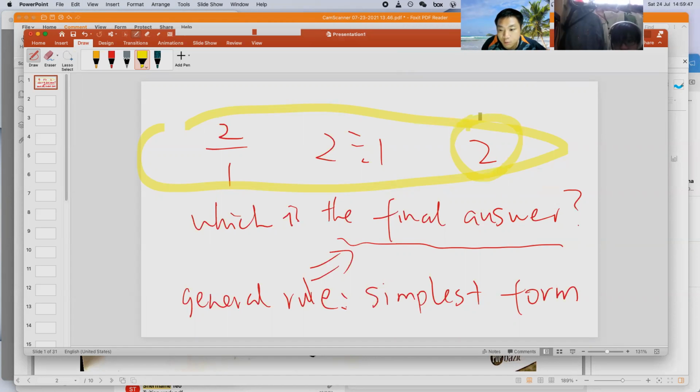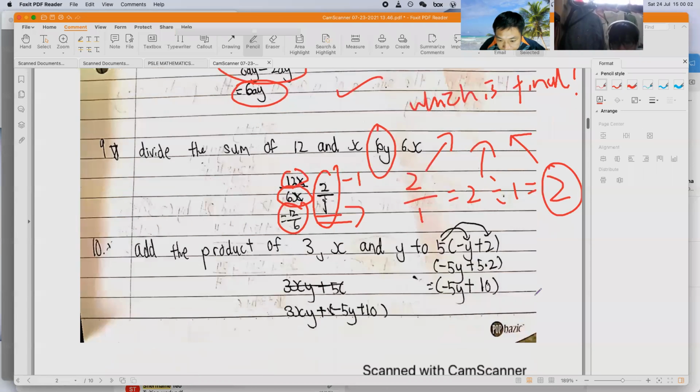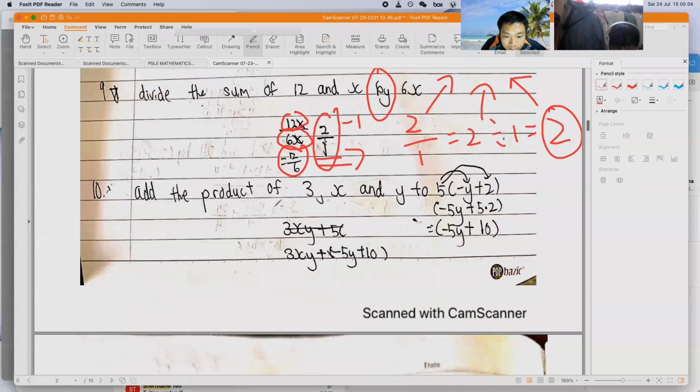So that's why your answer should be 2. If you put 2 over 1, you will get penalized, probably minus 1 mark. The simplest answer is 2. All right, next. Add the product of 3, so 3xy